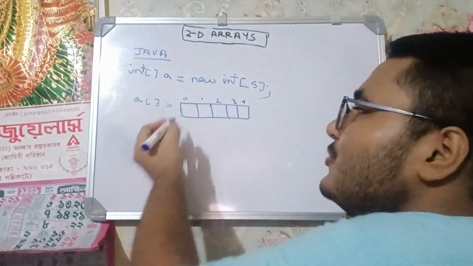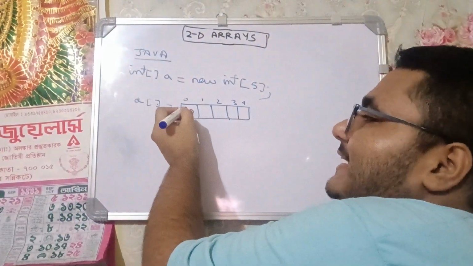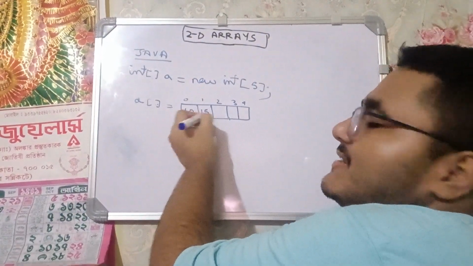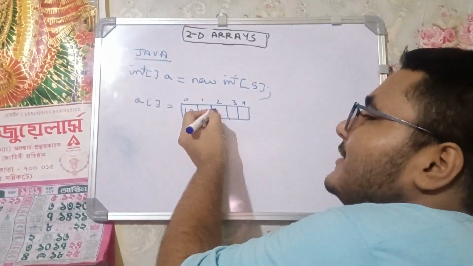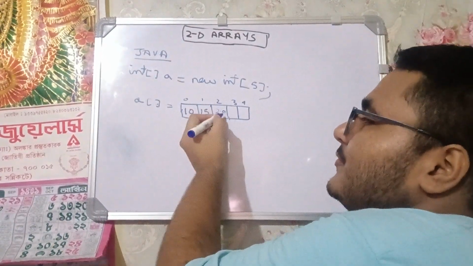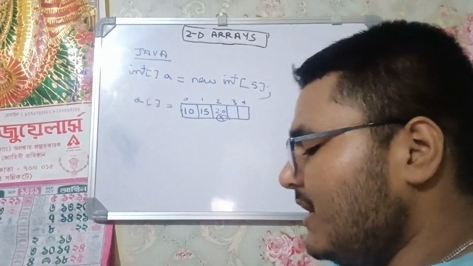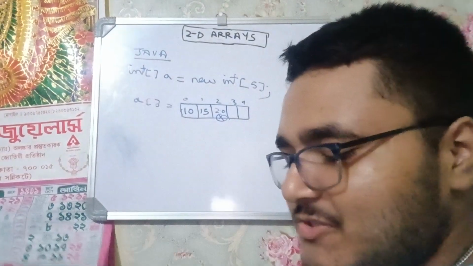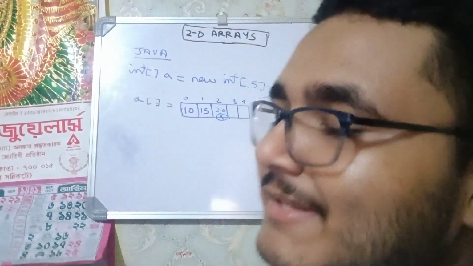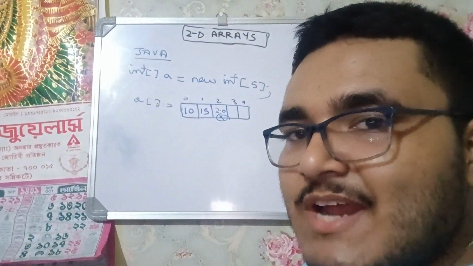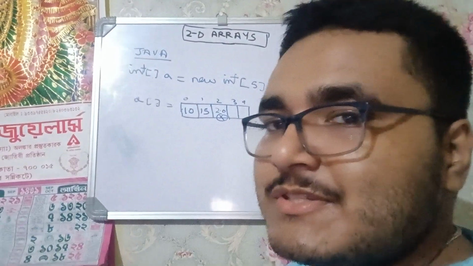I mean, if I store here 10, it is okay. 10, 15, it is okay. But if I store here say 2.0, this is not acceptable by the compiler. So these are the points. If you haven't watched my lecture on arrays, please search arrays part 1 by Origins Computer Classes,